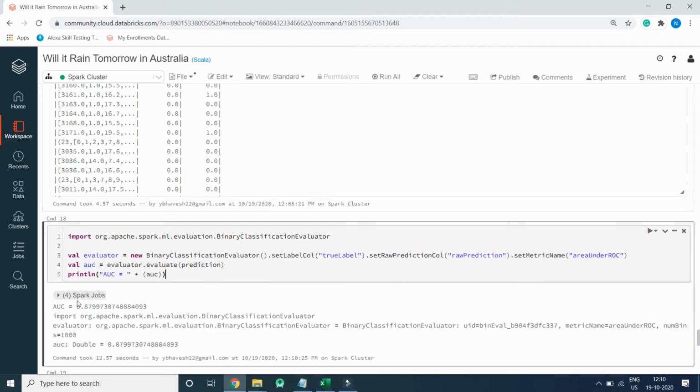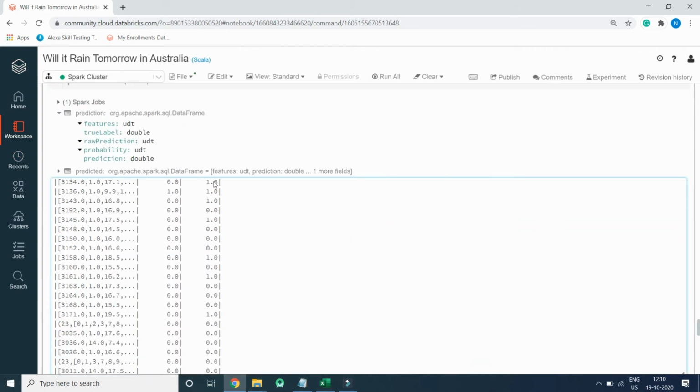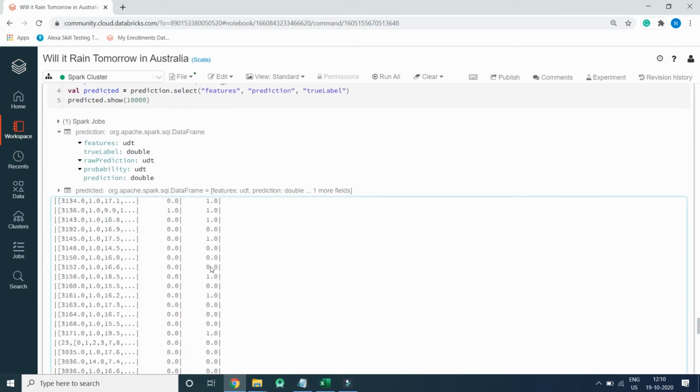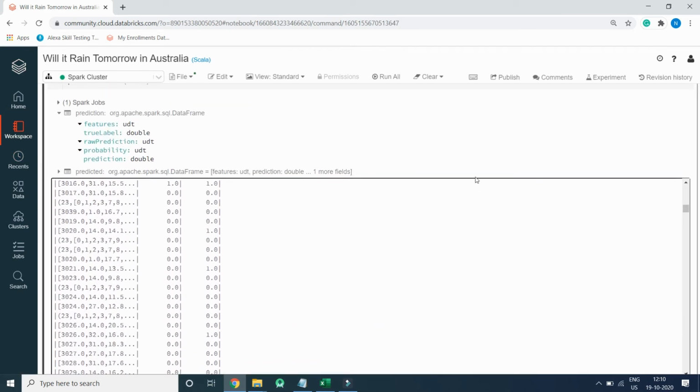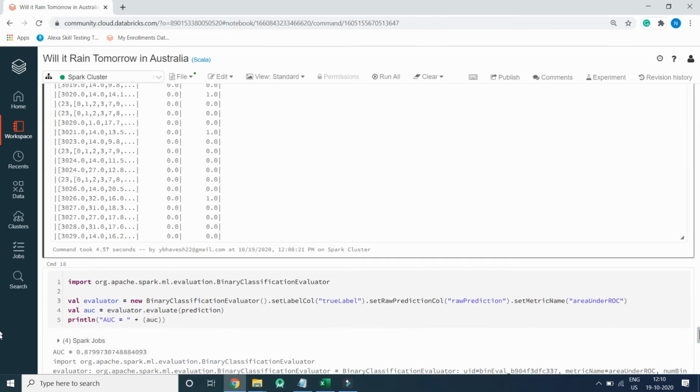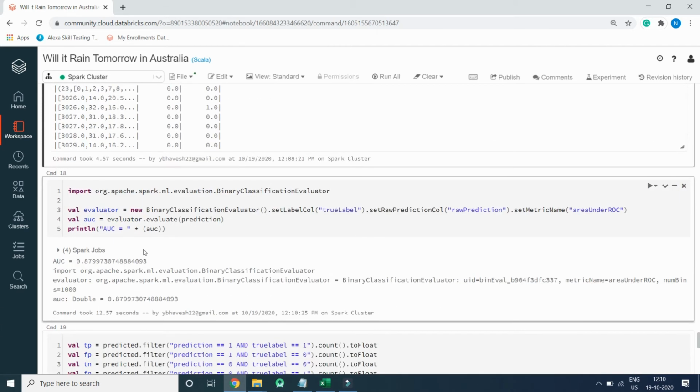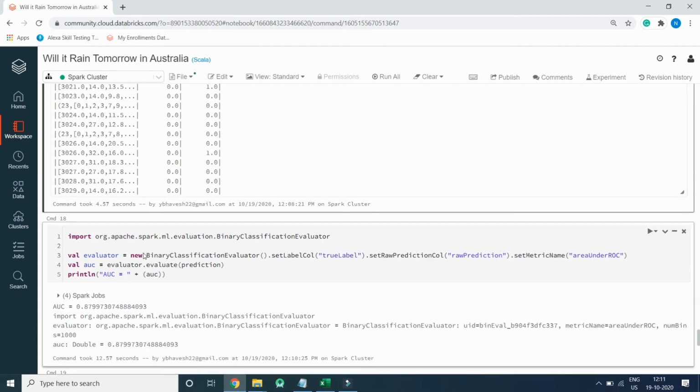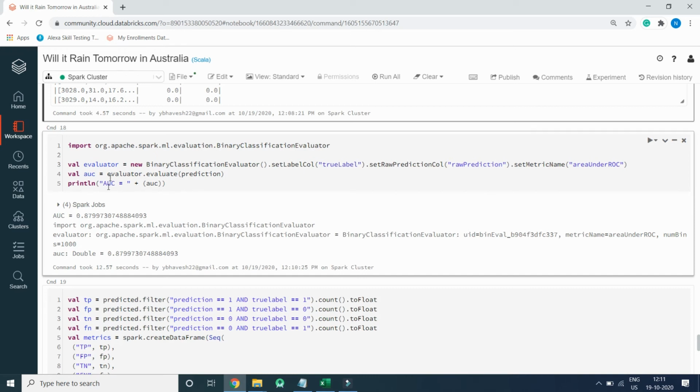So here you can see 87% accuracy we are getting. So this prediction, 87% of records are correct. Getting accuracy above 80% is a big thing in machine learning models. So this is how we evaluate the accuracy.